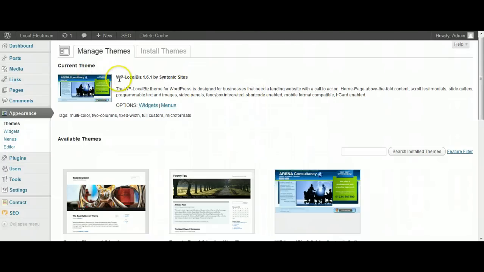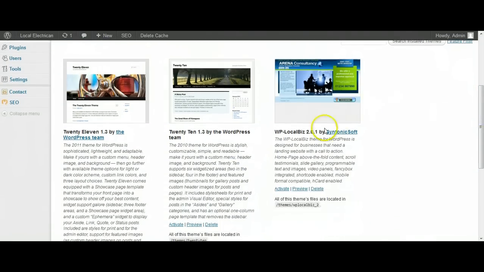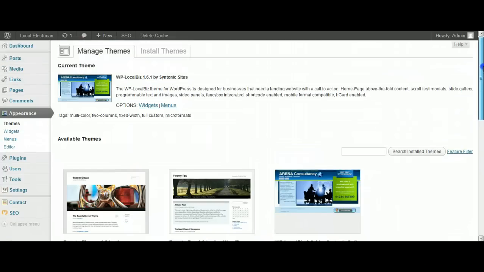So at the moment we've got the previous theme, version 1.6.1, that's fine, and it shows in the themes folder here. We've already uploaded the new WP-LocalBiz version 2 theme. If you don't know how to do that, you need to go and watch the first video that tells you explicitly how to go about doing that. So what we're going to do is